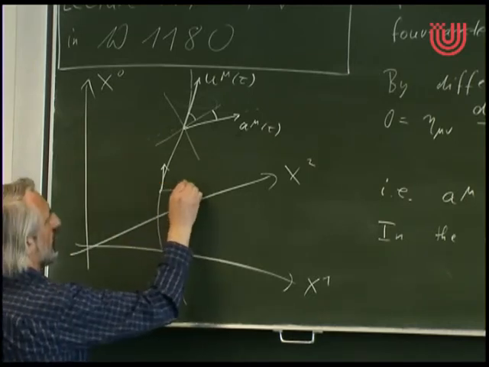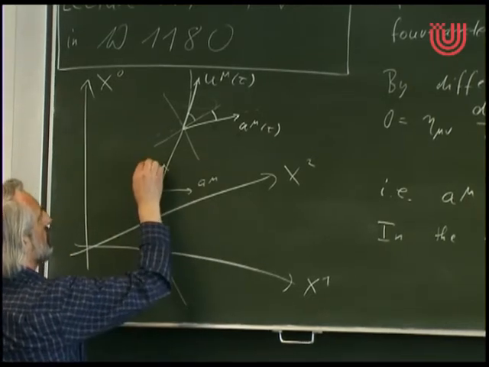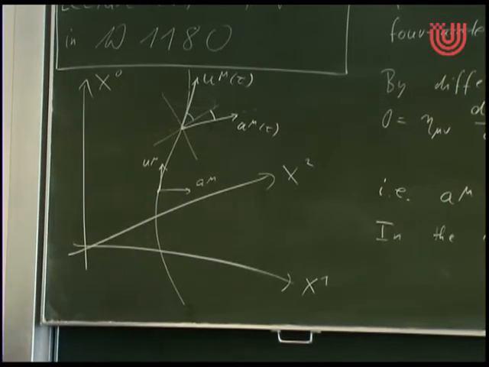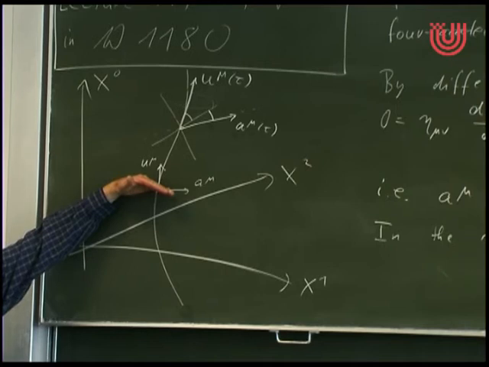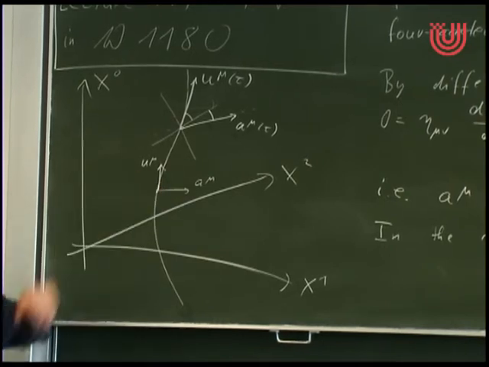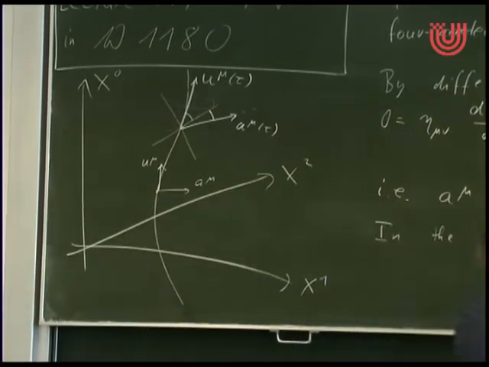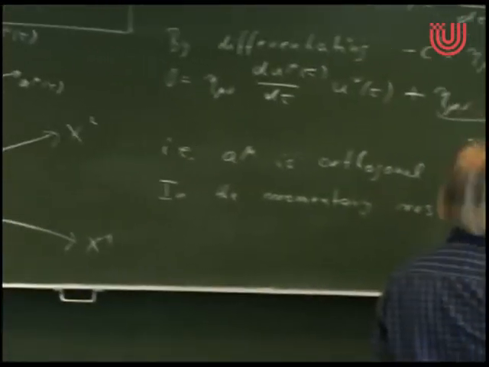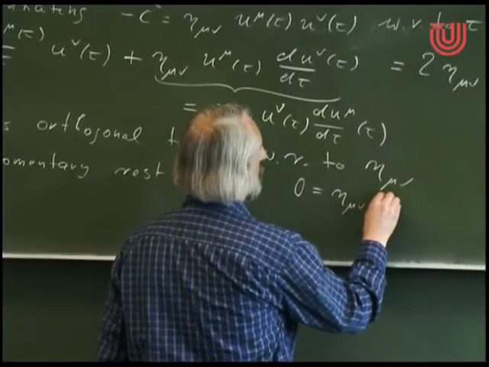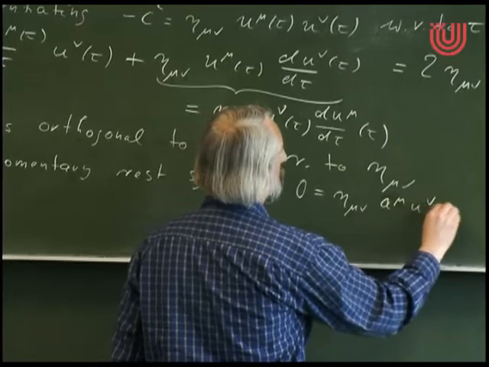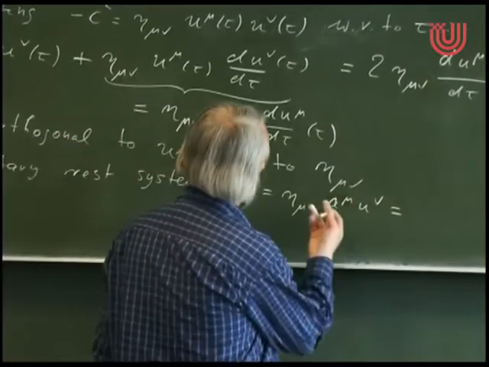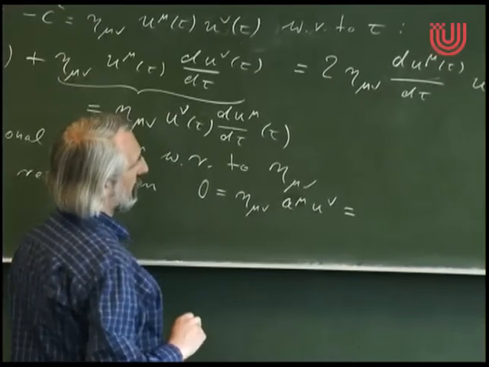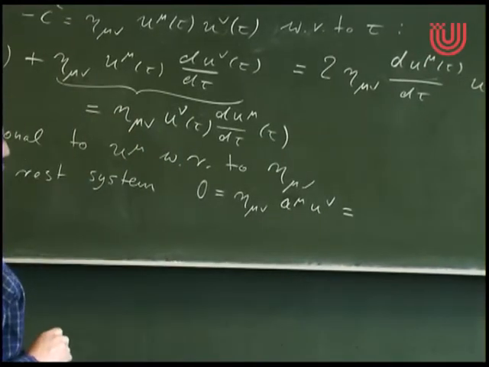Then, of course, the a mu is this here, a mu u mu. So this means the a mu has no zero component, right? It has only spatial components. So in the momentary rest system, we have 0. That was the general expression, a mu u nu. And now I can write this as, because this has no zero component, we can,